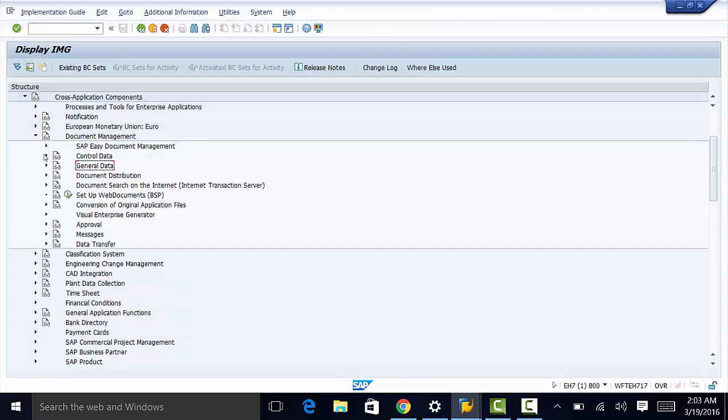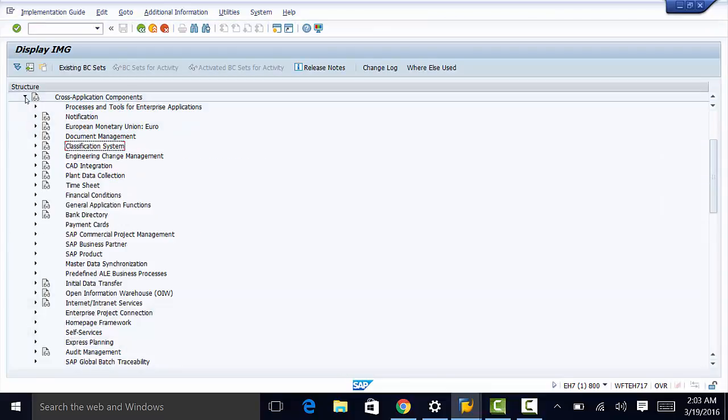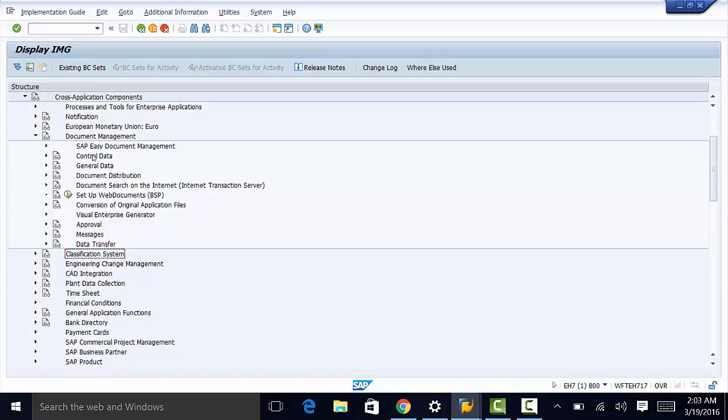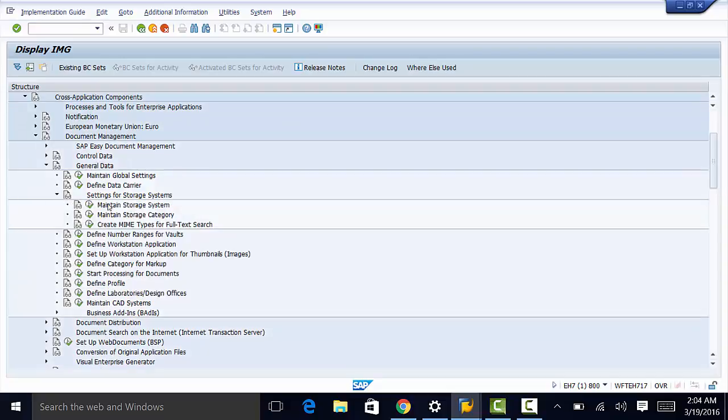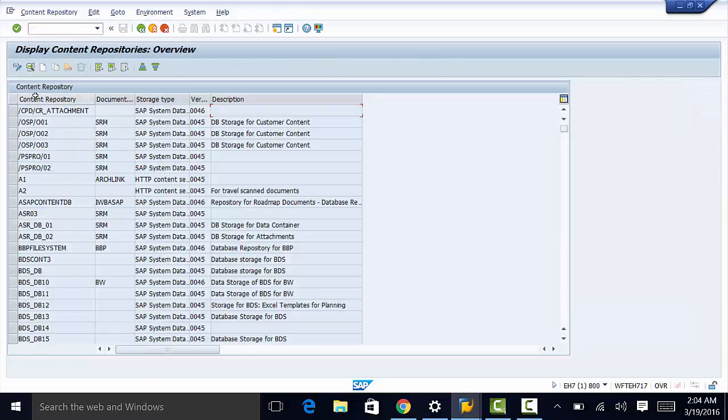So again, we go back to cross application components, document management, and in this case, we're going to go to General Data, and we go to Settings for Storage Systems, and then to Maintain Storage System. So we open that,